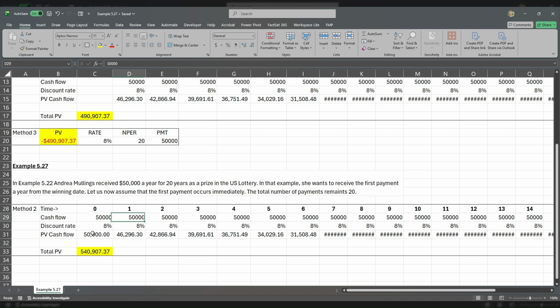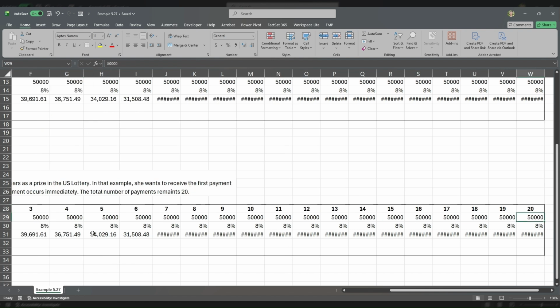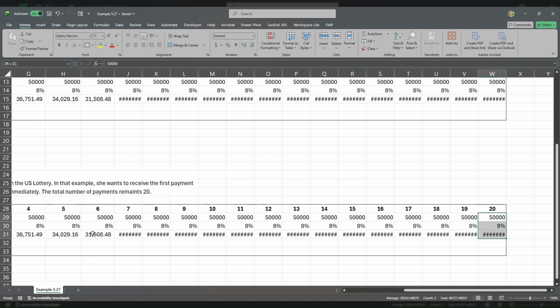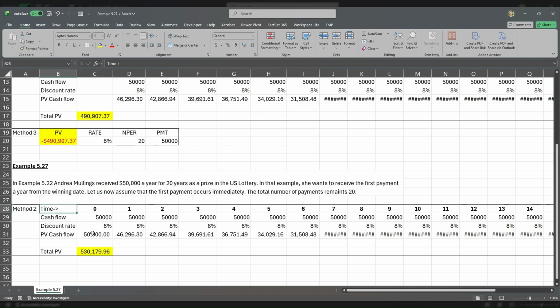If I just added a new payment into this timeline, that means there's now 21 payments in total, because I haven't deleted the one at the end. So I have to delete this payment in time period 20. The 20th payment would be at time period 19, because the first payment occurs in time period 0. You can see here now that I get a slightly different answer, because this first payment really is not being discounted at all. So because of that,